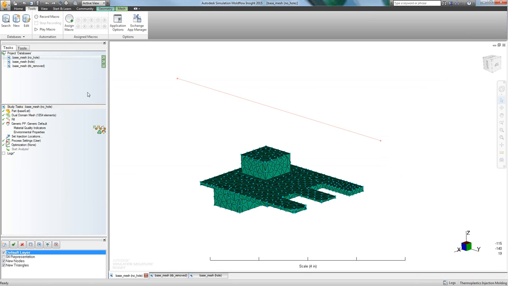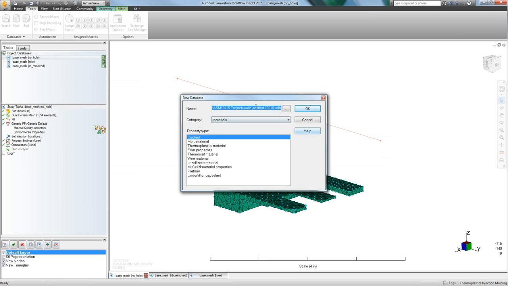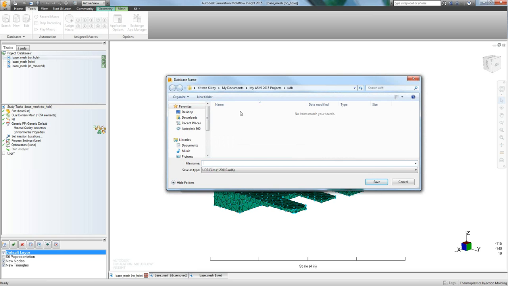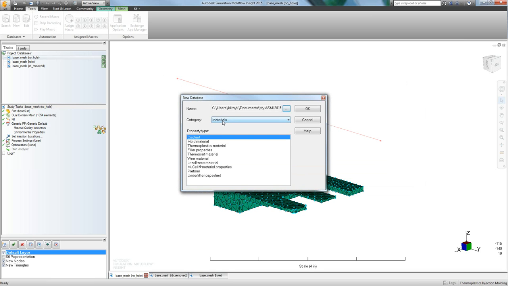So what I'll do next is go in and actually just create a new database. As I mentioned here, it gets kind of lost when you're looking for the file name. So you just click on that and it pulls up your project folder here. So let's go and call this Manufacturer 1. Click OK, and